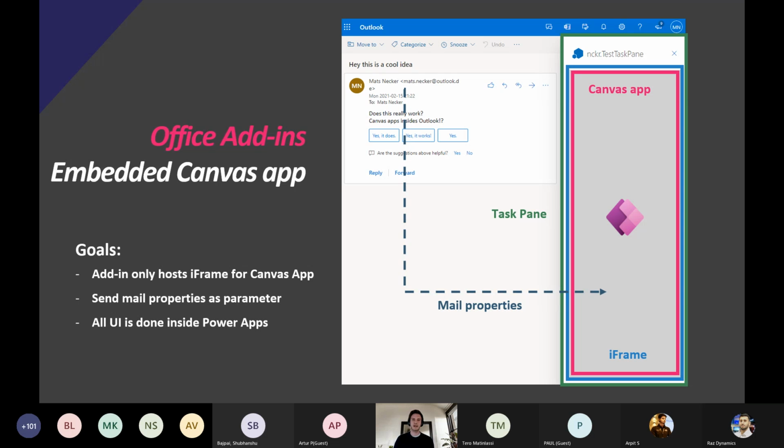And I will show you a way to use the Microsoft templates, and I will also provide a custom template for that, so that you don't have to develop any JavaScript or HTML, but can focus only on developing in the Canvas app. Okay, with that being done,